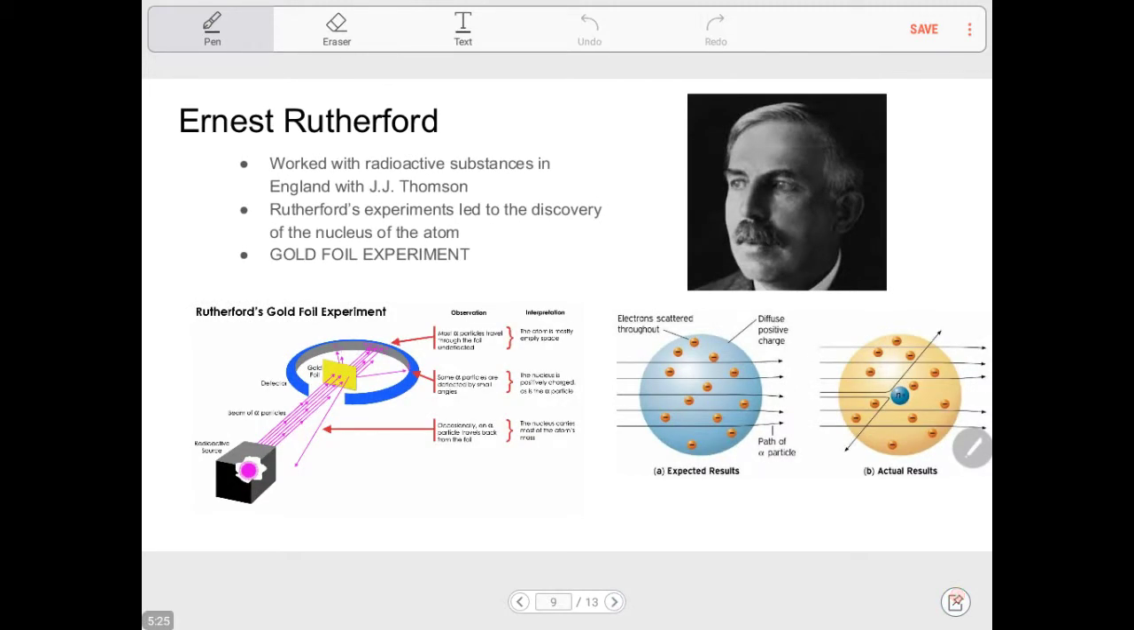The next experiment here was from Ernest Rutherford. Now, what did he discover? Okay, he discovered the nucleus of the atom. This is a very, very interesting experiment. Now, I do have a video linked here in the workspace,